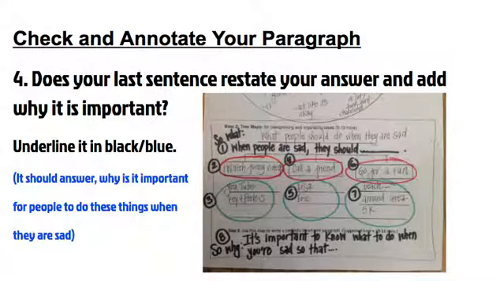So you underlined these details, the explanations in green now, and now we're at step 4, and that's to check your last sentence. Does your last sentence restate your answer and add why it is important? And again, you're going to underline it in black or blue. So this one should answer, why is it important for people to do these things when they're sad? So go back to my paragraph. When people are depressed, some people will just complain and feel sorry for themselves. It's important that you have a variety of ways to break out of your depression so that you do not